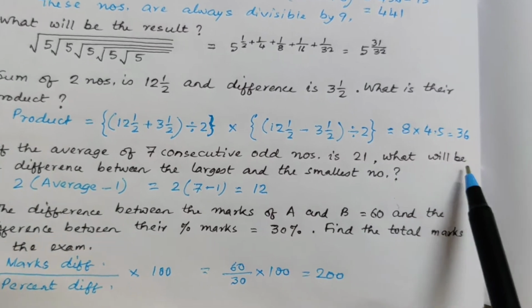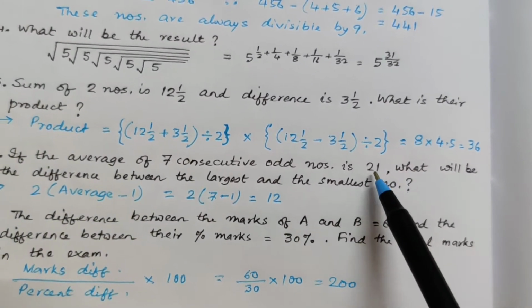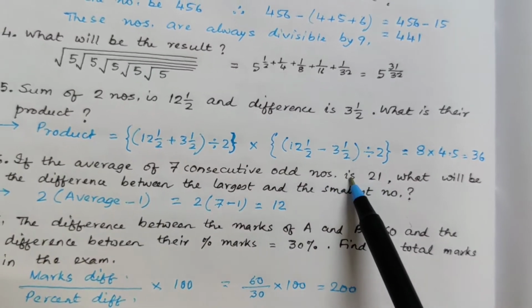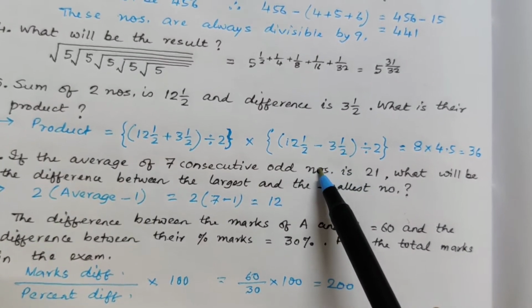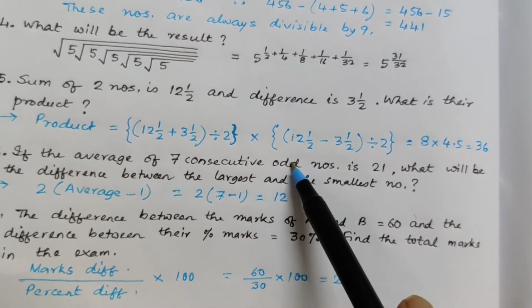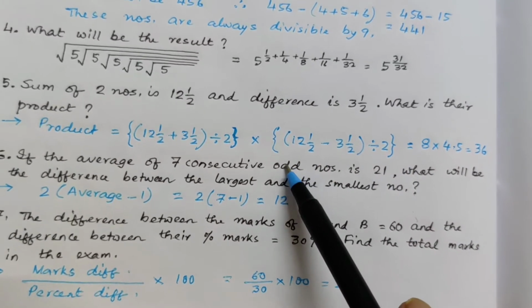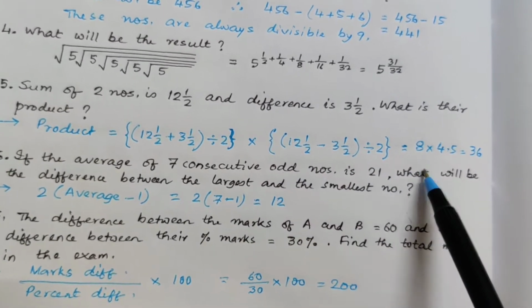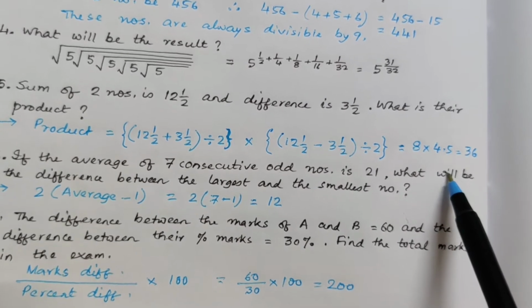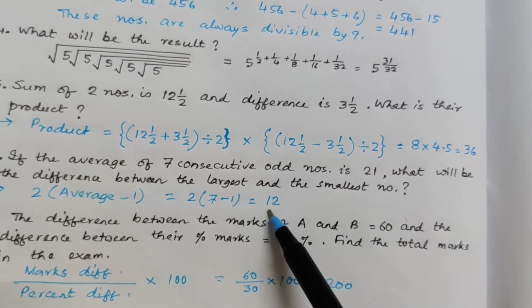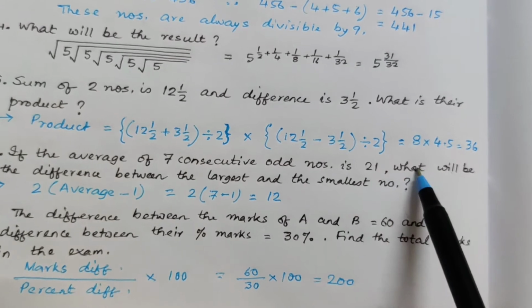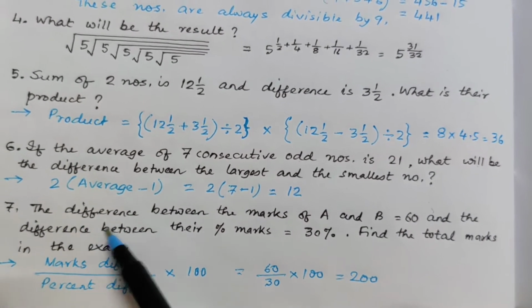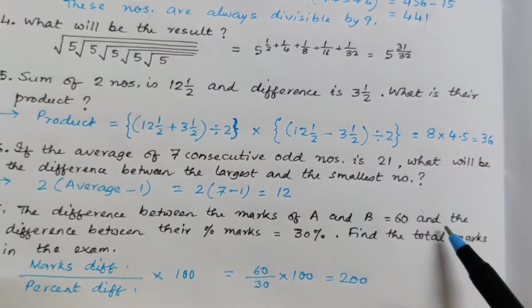And if you are going to do it the long way, if the middle number is 21, then the number before this is 19, the number before that is 17, the number before that is 15. So 15 is the smallest number. Now here 23, 25 and 27. So 27 minus 15 is equal to 12. It's going to take some time, isn't it? This is the shortcut.